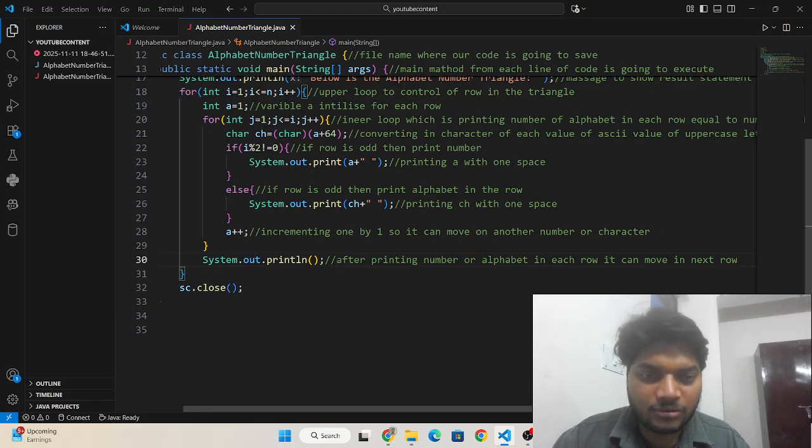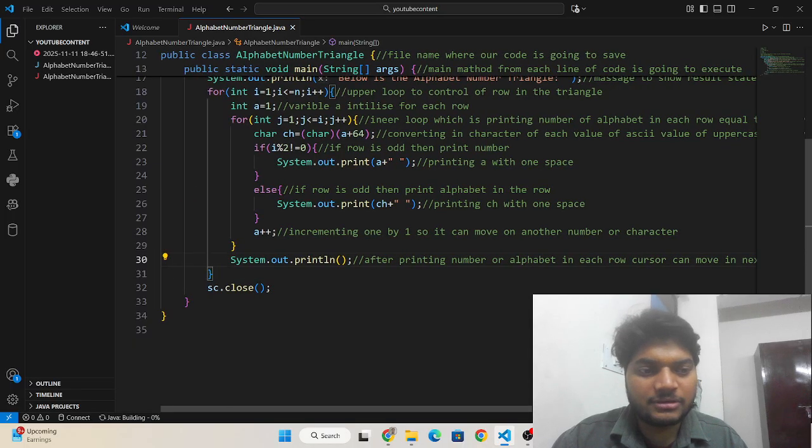After printing number or alphabet in each row, it can move to another row. Cursor, what is it talking about? It means cursor can move to the next row.